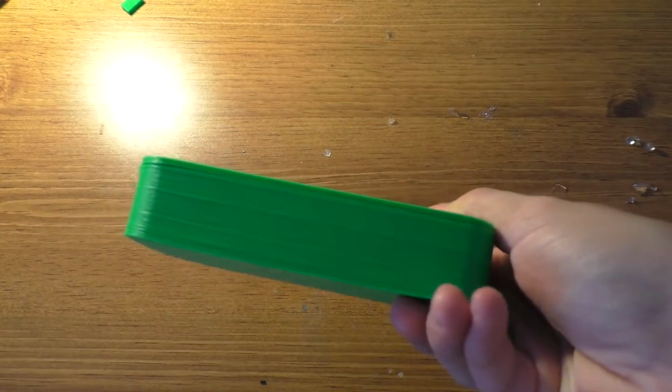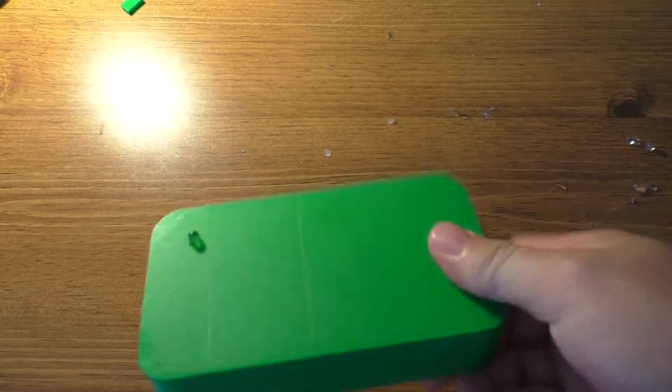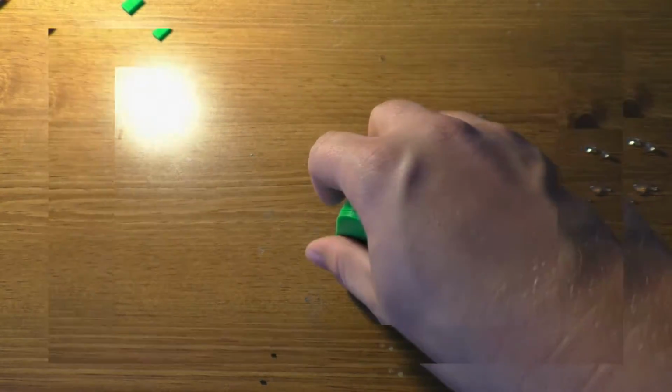Anyway, transmitter unit is done. Go hook it up and make sure it still works, and I'll start messing with that printer tomorrow and see if I can't get it to do something. Alright, you'll have to excuse all the background noise here, but